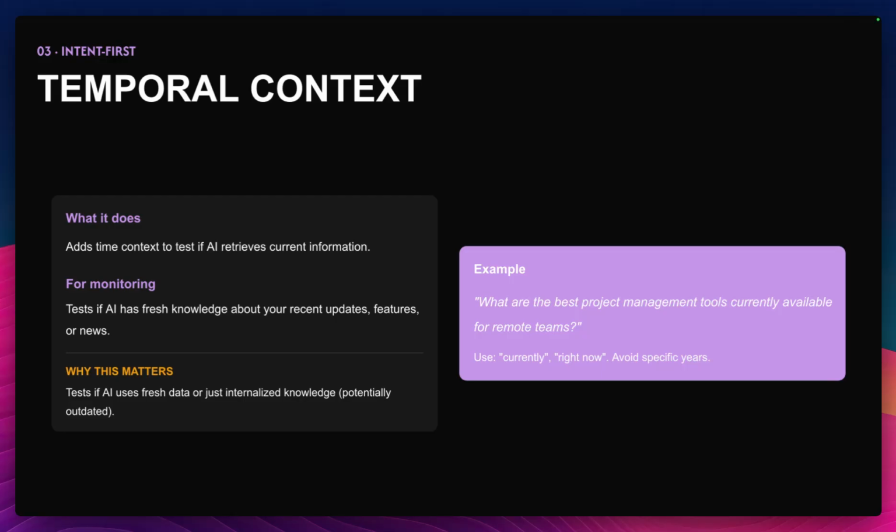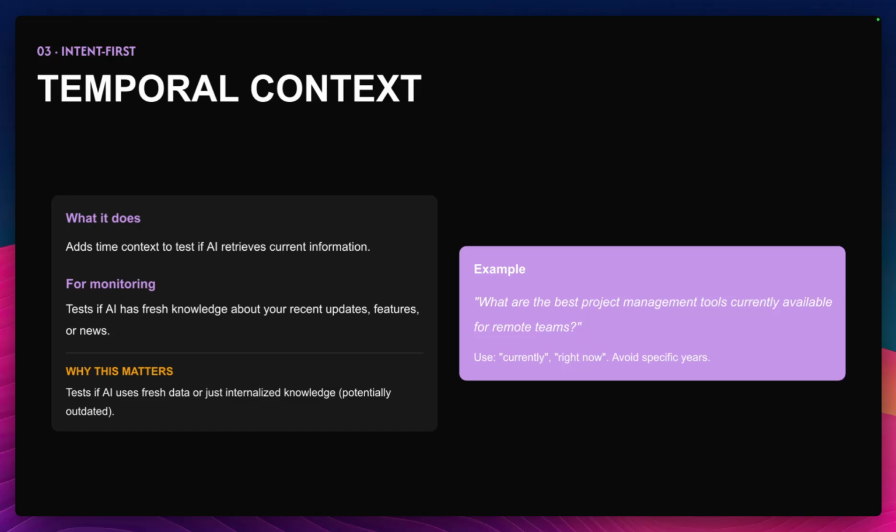The temporal context is one of the most important ones, and if you look at your AI visibility tool of choice, you will see that not every response is really grounded, and you can trigger grounding with the temporal context.